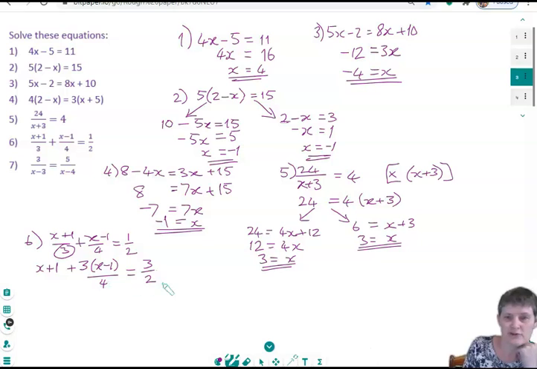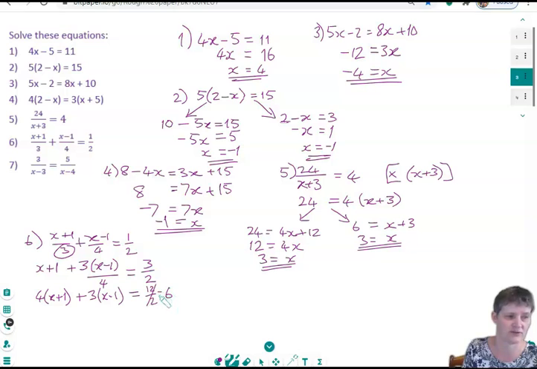Now we've still got to get rid of the 4 and the 2 on the bottom. If we multiply by 2, we're not going to get rid of the 4 here, are we? So let's multiply by the 4. So we need to multiply the x plus 1 by 4. So 4 lots of x plus 1. Remember, you've got to multiply everything by what's on the bottom. And then 3 lots of x minus 1 divided by 4 times 4 is just 3 lots of x minus 1. And 4 times 3 is 12 over 2,